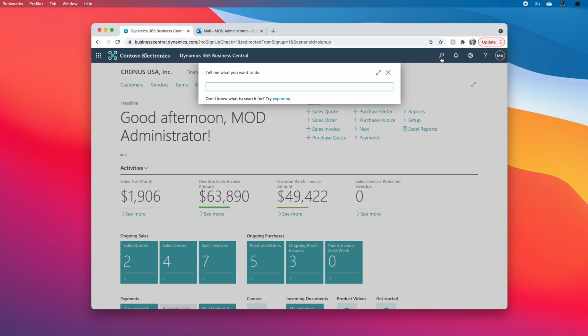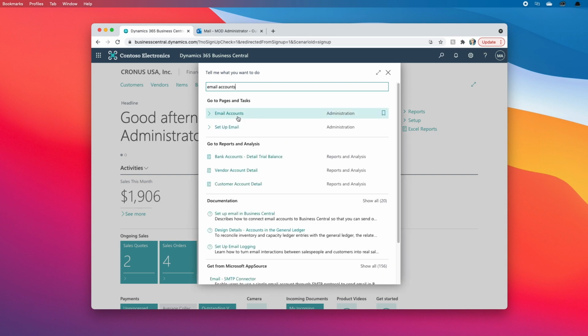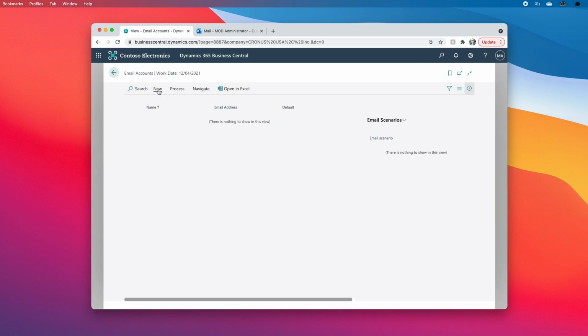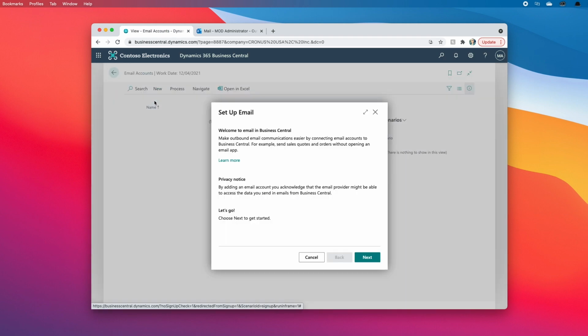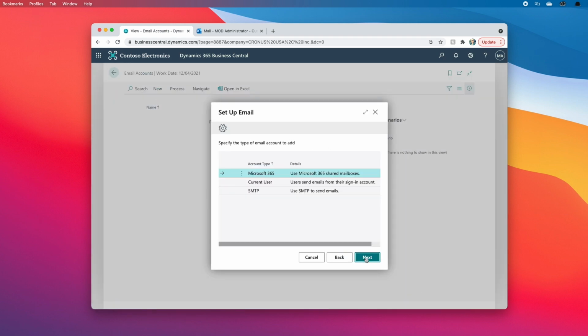So if I go to email accounts now in Business Central, and I do a new one, add an email account, it's going to show me the three types of email accounts we can add. So SMTP is the one that I've shown you before from the SMTP mail setup. Now I believe this is being phased out and it's a bit of a legacy feature, and eventually all mailing will be moved to one of these two